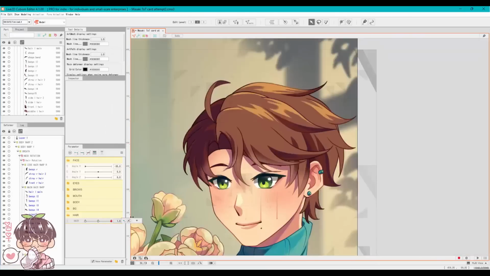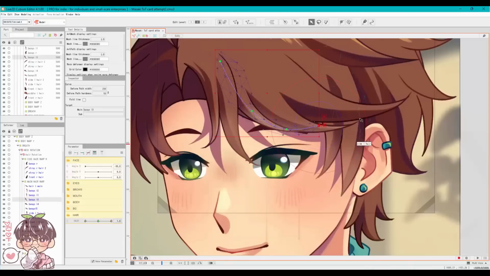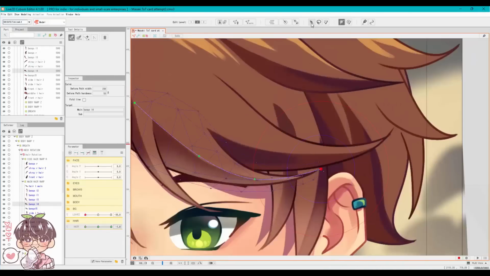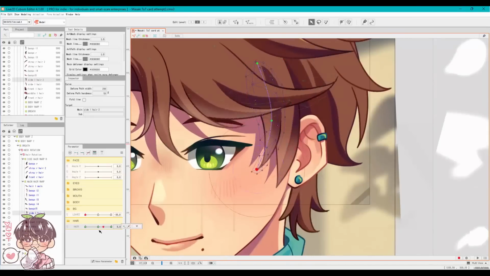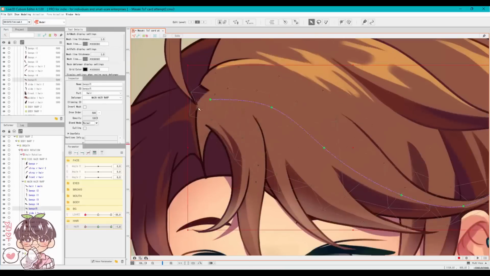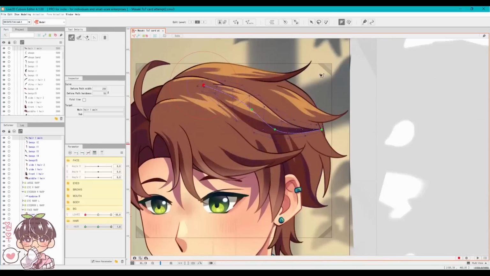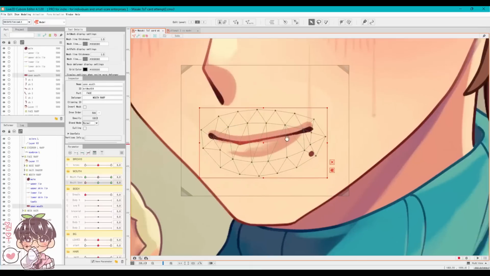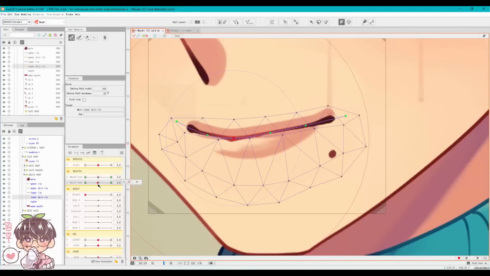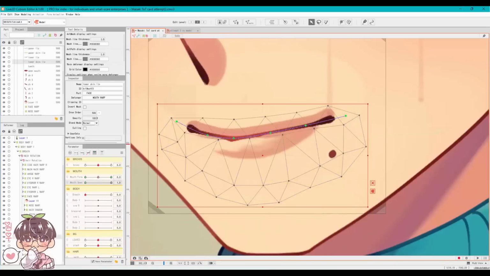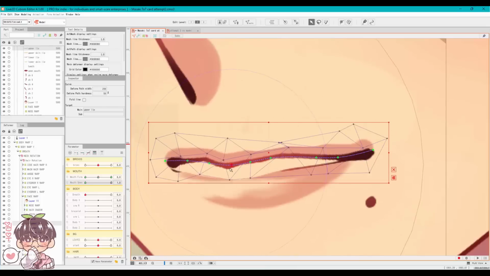I think I need to relook at my footage of when I was rigging my old model and see how I did that, because I haven't rigged anything in several months, it's almost been a whole year, and I don't remember how to rig. So I was relying a lot on this curving line thing to help do the motion for each individual parameter, because even when I was moving the mouth, it seems more difficult than usual. But yeah, I did open up my friend's model so that I could see how I did some of the movement.